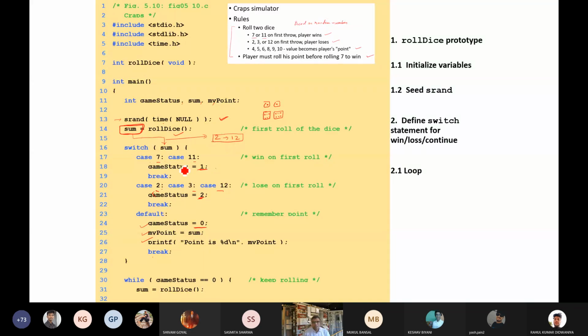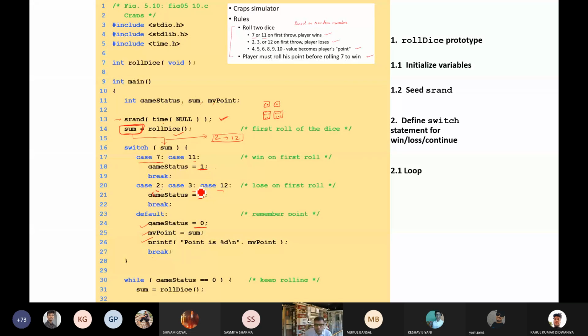So case 7 and case 11. If you are writing multiple cases, write case followed by the next case, and the colon is there. It shows the case, and this is a numerical value. So now it comes to game status equals 1. We have put 1 for winner.